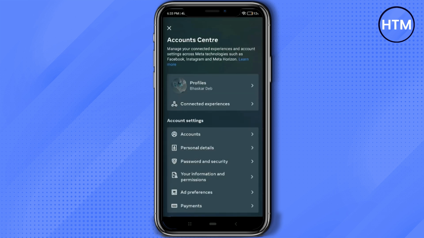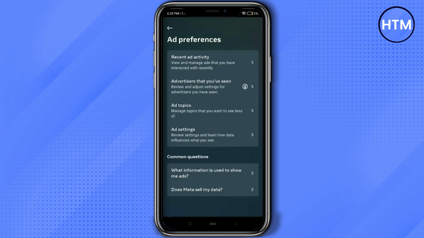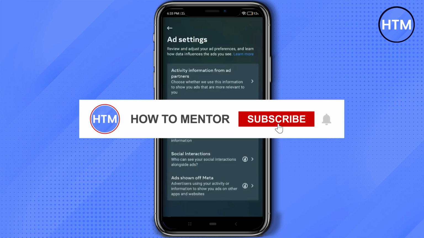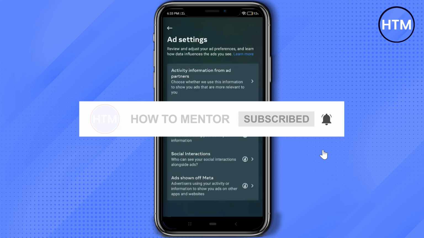Now in account center, scroll down and click on ad preference. Click on it. Now in ad preference, click on ad settings, which is the last option over here. Now again click on the first option, which is activity information from ad partners, click on it, click on review